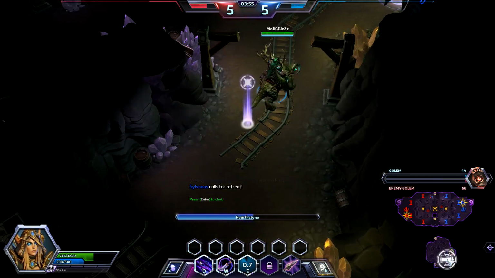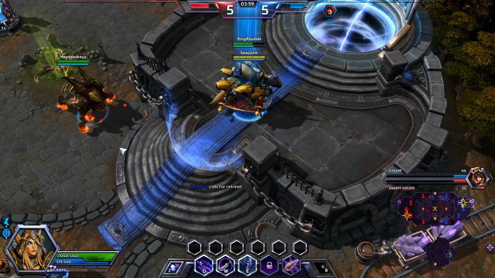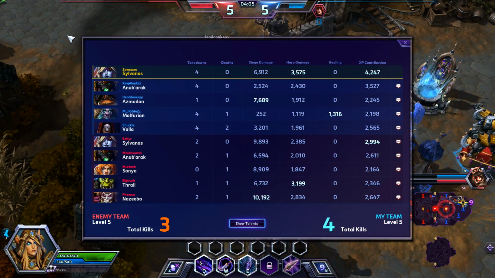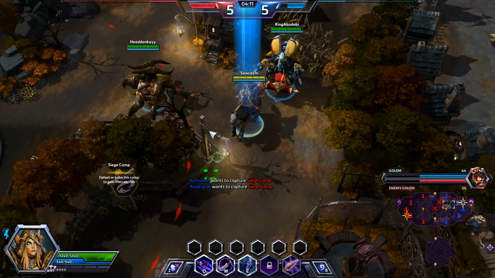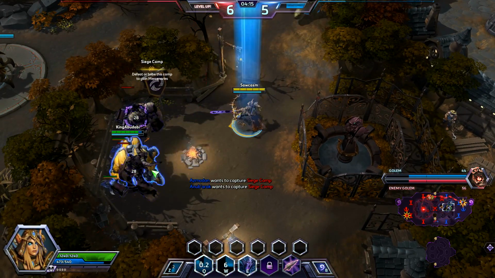Oh, thanks, Malfurion, late once again. I really do appreciate that. By the way, the teams are myself, Sylvanas, Anubarak, Asmodan, Malfurion, Valla versus Sylvanas, Anubarak, Sonya, Thrall, and Nazeebo. So we have a healer. They don't. That's pretty good, but I've definitely lost games where I said that before, so I'm not going to get super, super...